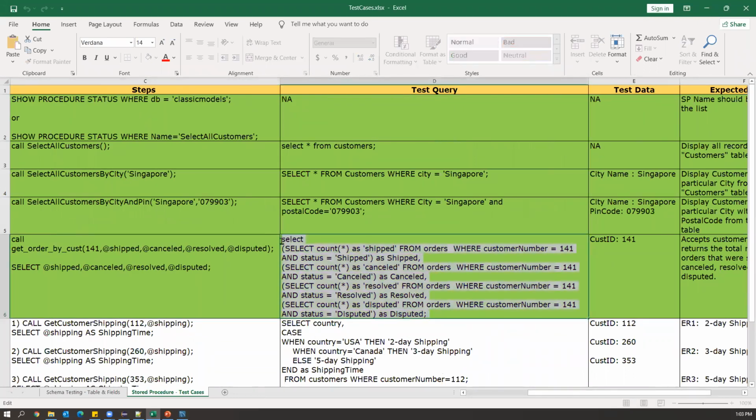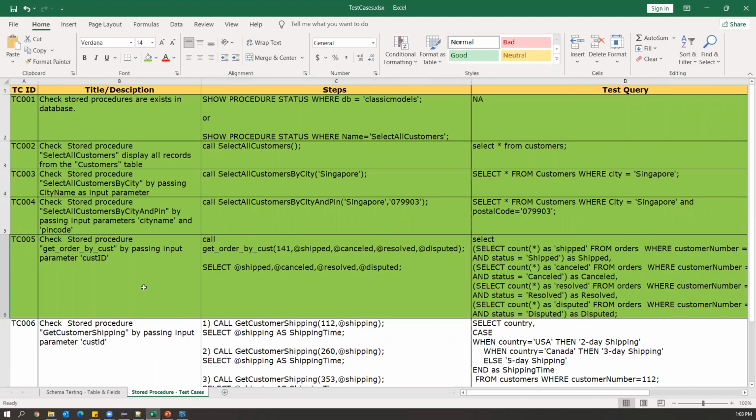This is the main thing we need to focus on along with the test data. Test data is also important. Along with that, the test query is also most important while performing database testing. So you need to be more familiar with writing SQL queries or SQL statements. All right, so this is how we can do stored procedure testing, manual testing as well as automation testing.